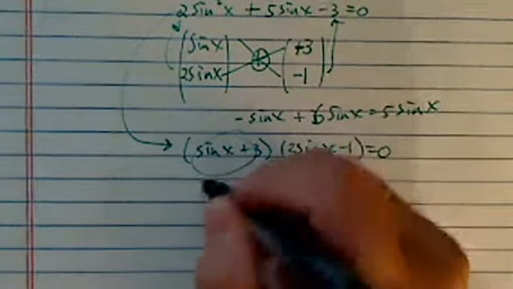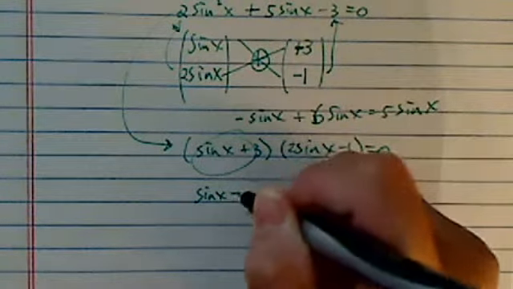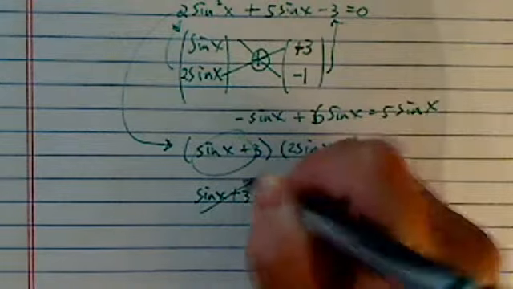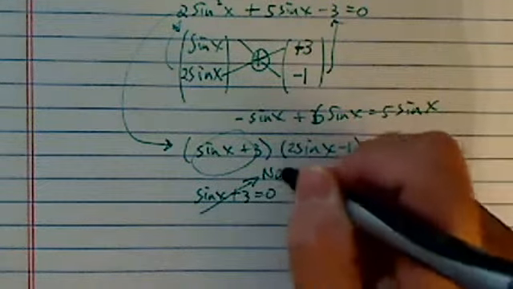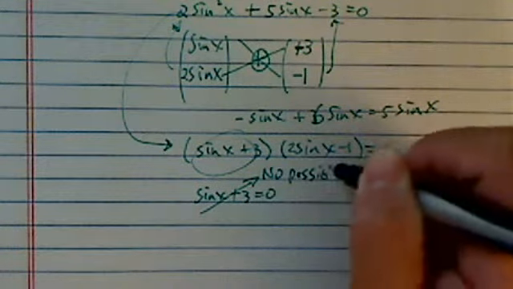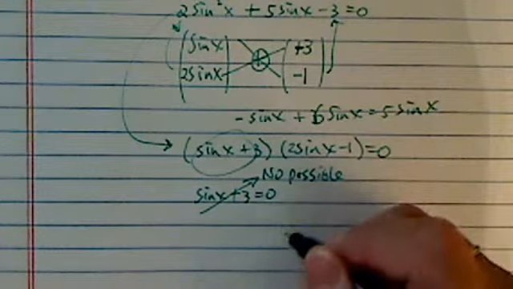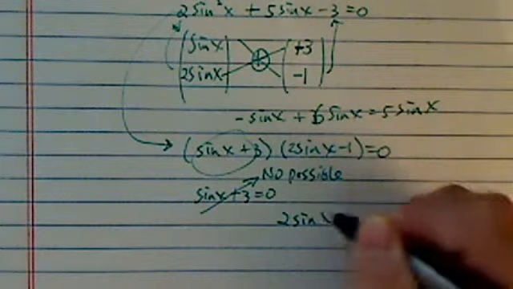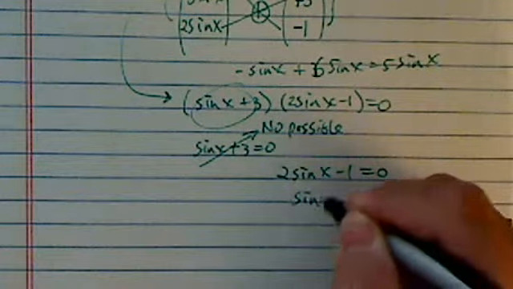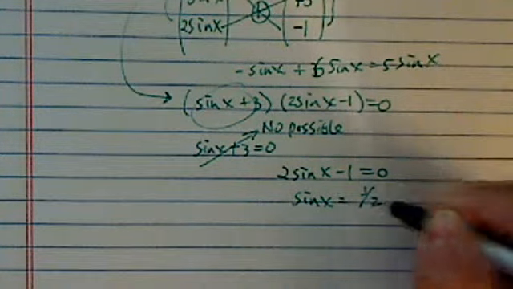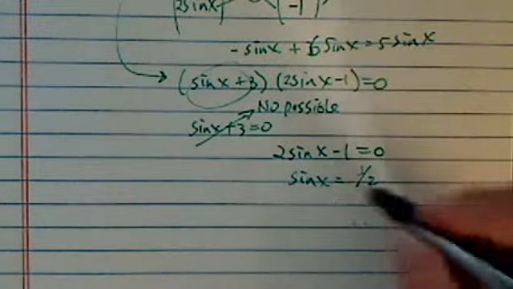This one, of course, cannot be equal to 0 because sine x is bounded by plus minus 1, so it's not possible. This one, however, is possible. 2 sine x minus 1 equal to 0, and let's go solve that one. Sine x is equal to 1.5, or rather one half, and pi over 6,